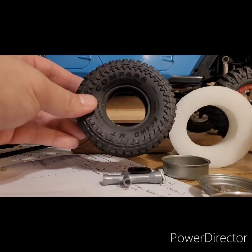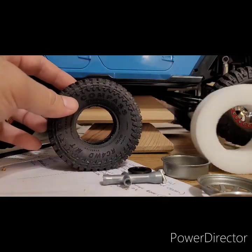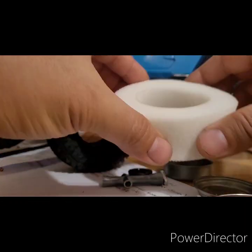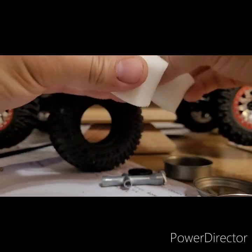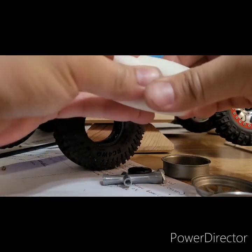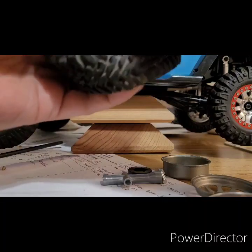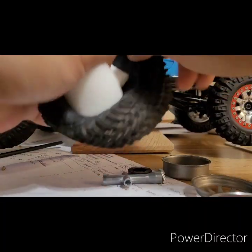Hi guys, if you've struggled with an rc4wd stamped steel beadlock, you are not alone. I made this little video so that I can show you guys how I do it the easy way. So basically I'm just going through the steps of the first parts of the assembly,